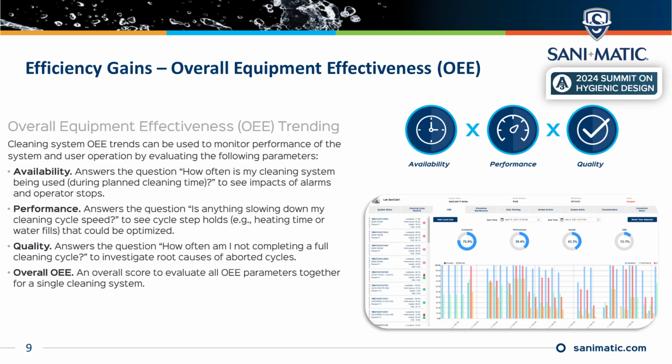OEE is often used on the process equipment side. No reason it can't be tied into something like a cleaning system. So in this case, these are all specific availability, performance, quality, and overall OEE scores. Those are three common parameters of OEE, specifically for a cleaning system. So let's tie this to an automated CIP system. You can score and tag a score, in a percentage base, 0 to 100%, for each of these three: performance, availability, quality,